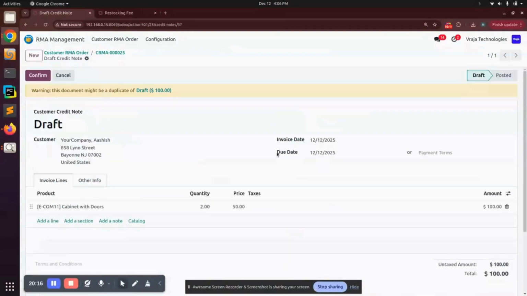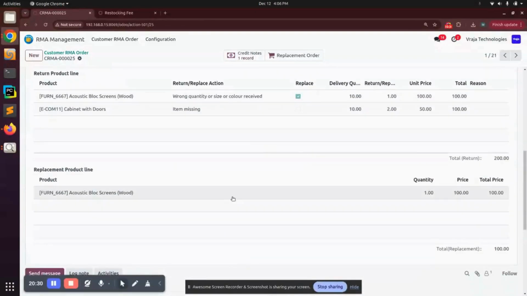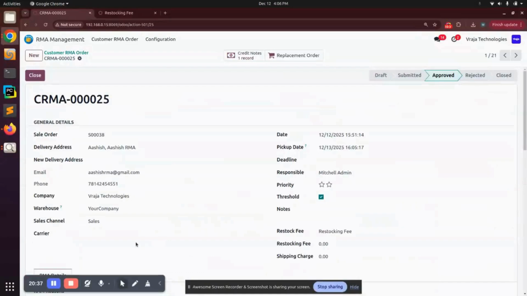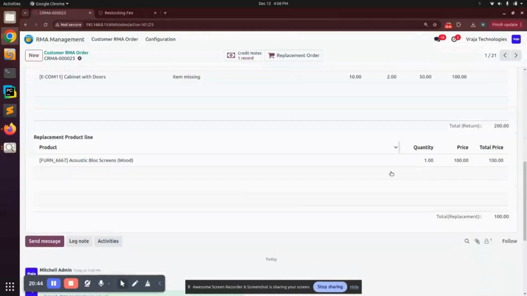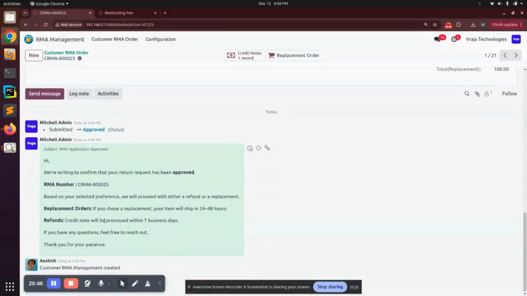Next, the credit note is created. Credit note is created for the cabinet with doors where the threshold was 3. That's why we are not returning any of the products from the customer. We will just refund them 100 rupees of the product. We will not take any return, because as I told you, your pickup cost is higher than the product value, so we will not go and collect the product. We will keep the product as it is with the customer and just give them the refund of the same. So these are all the ways where you can create your RMA, and the same will be approved,